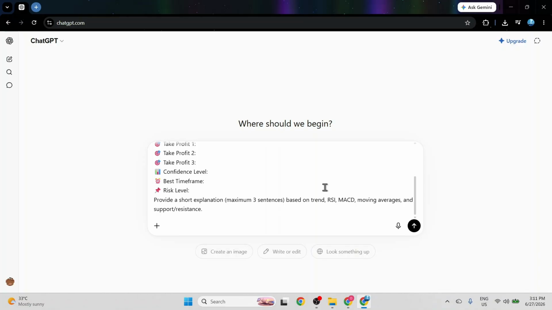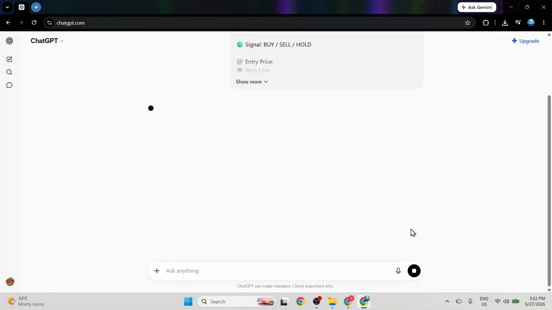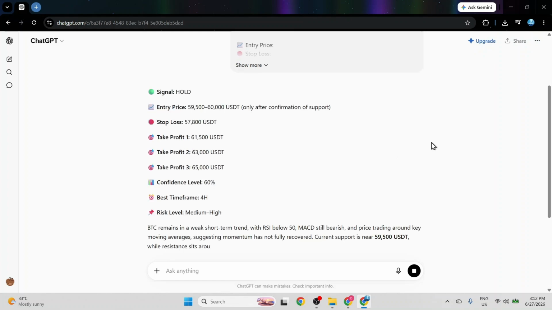After carefully reviewing the pasted prompt text to make sure everything looks correct, I move my mouse down to the bottom right corner of the input field and click the Send Prompt button, which is shaped like an upward arrow. ChatGPT immediately starts processing the instruction, and within a few seconds, the screen updates as it begins generating the response